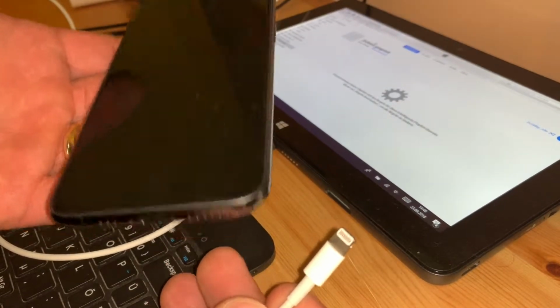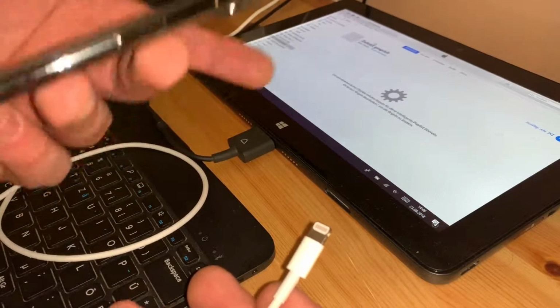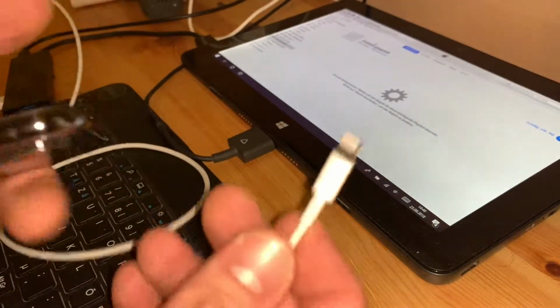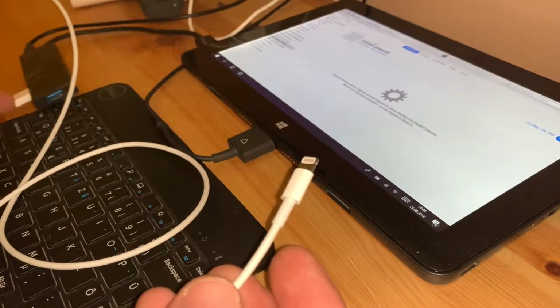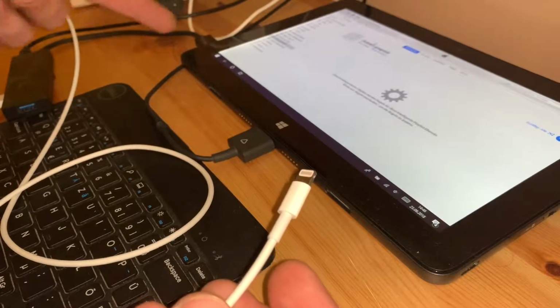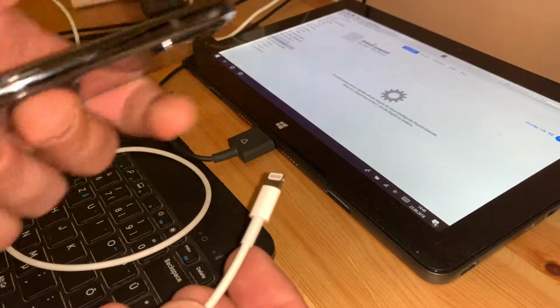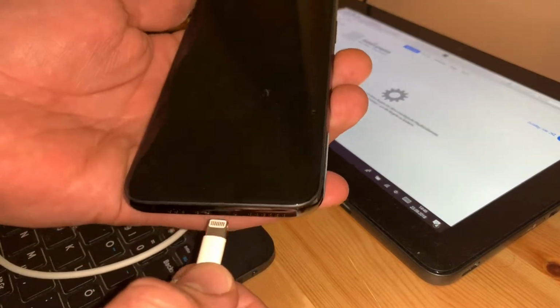Hello, today I'm going to show you how to enter the DFU mode on your Apple iPhone XS. That is if your phone is not responding anymore and the hard reset way doesn't fix the problem. You can go to the DFU mode by using iTunes, a lightning cable, and then